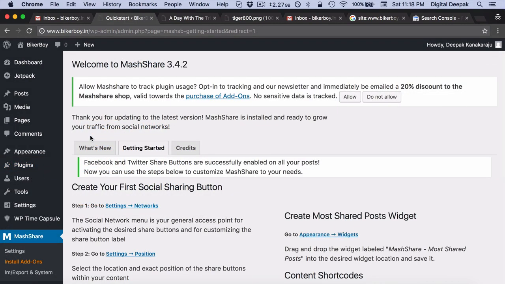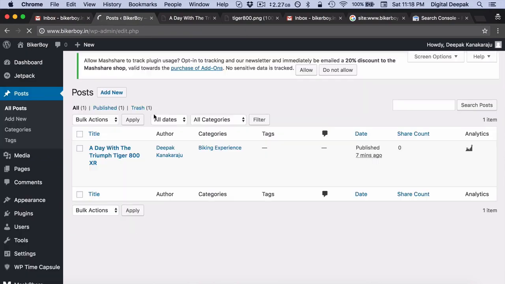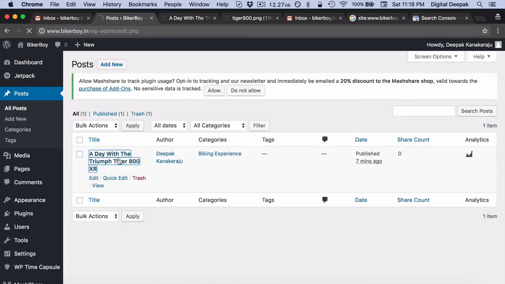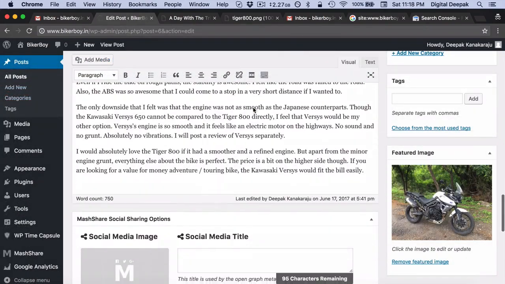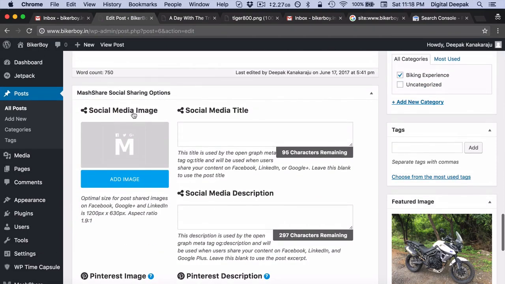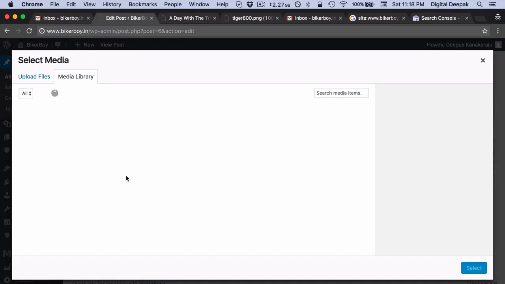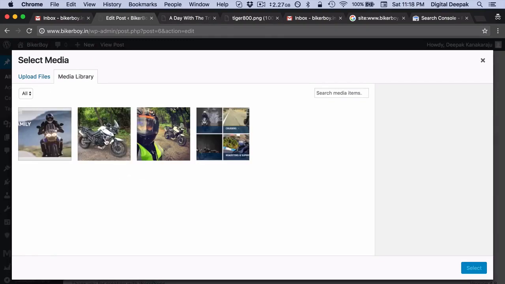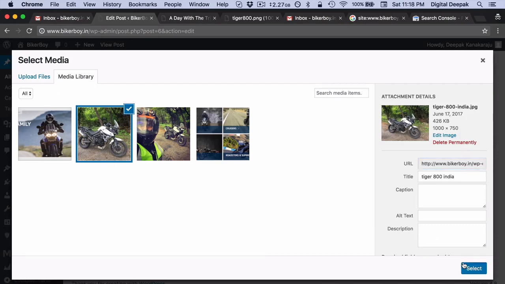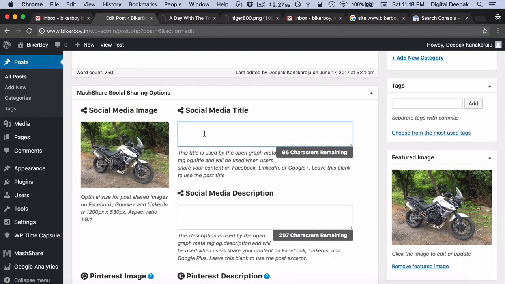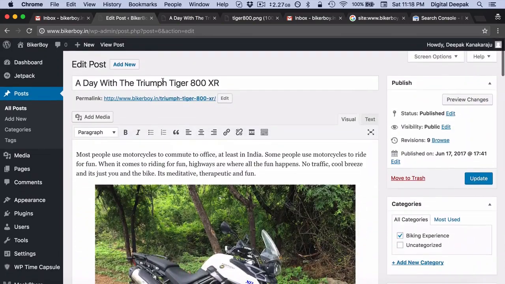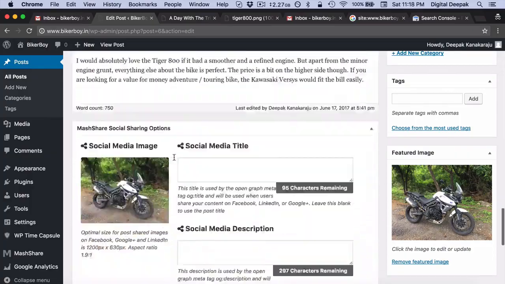So now that the plugin has been activated, what I will do is that I will go back into posts, and I would click on the post. And if I scroll down the post, here you can see Mash Share social sharing options. So here I can add an image which will be shared on social media whenever the blog post is shared, and then I can give a social media title as well. So here you can see that the actual page title is A Day with Triumph Tiger 800 XR, but if I am sharing this